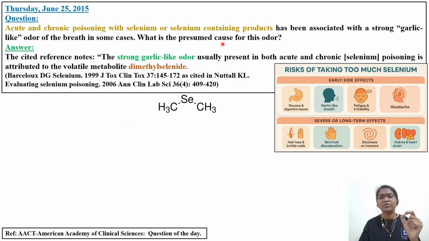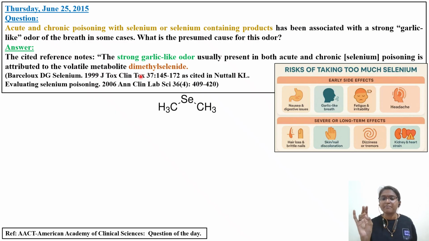Okay, so you have a garlic like odor of the breath in some cases. What is the presumed cause of the odor? Now you have to understand why you are having a garlic like odor. The strong garlic like odor, usually present in both acute toxicity as well as chronic toxicity, is attributed to the volatile metabolite dimethylselenide. Now, I would request you to pause here and read about biomagnification,